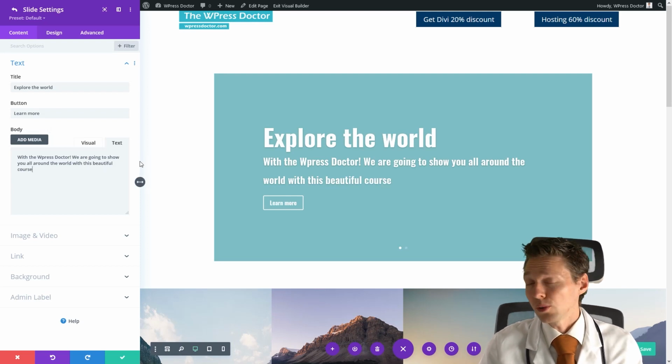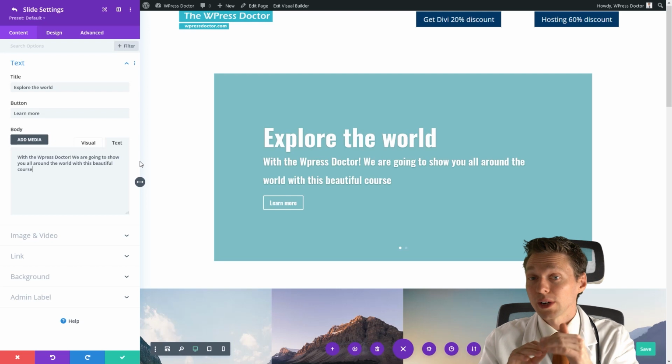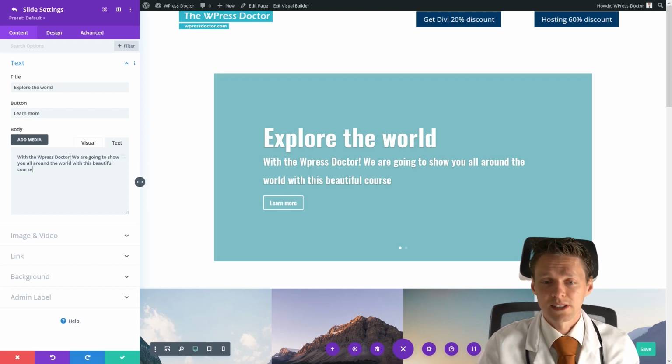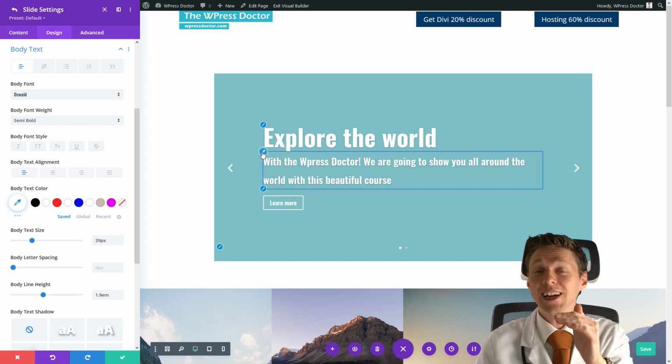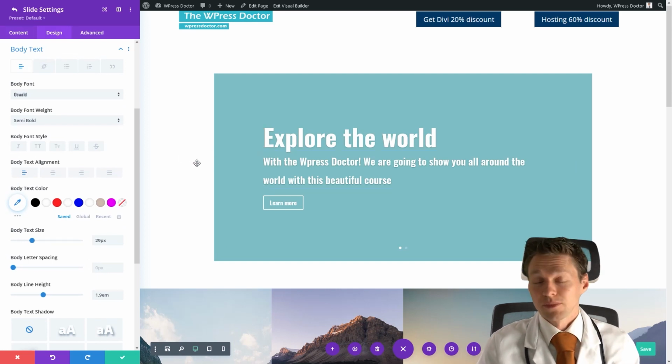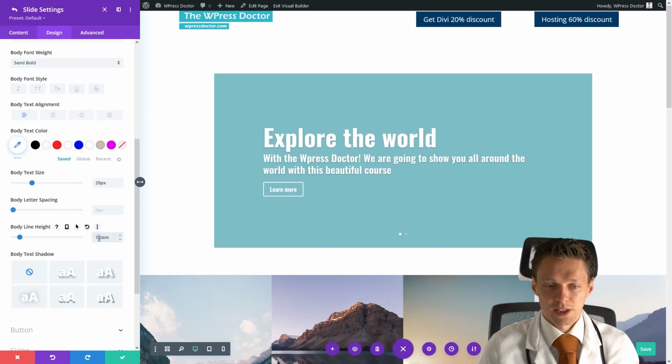Now, what you now notice is that your line height will also add some more spacing between the 2 lines. I don't really want that, but I do want some more spacing between the title and the text below it. What can we do? Well, of course, first we're gonna change the line height, change it to 1.2, that's great. And now we're going to save this slide.